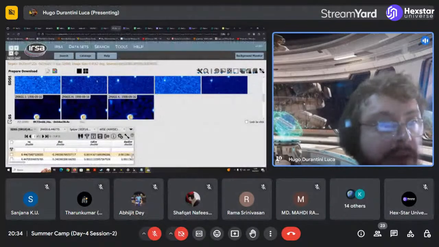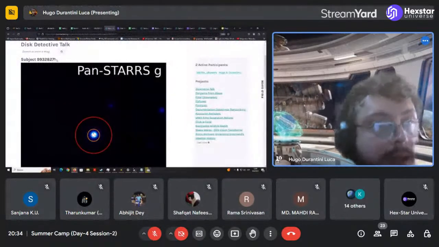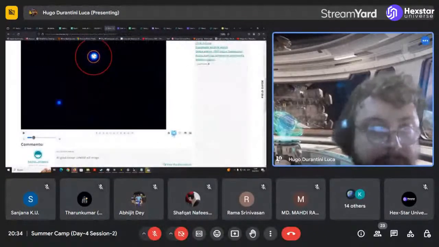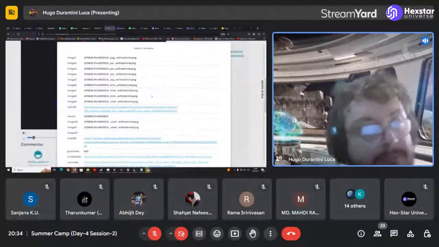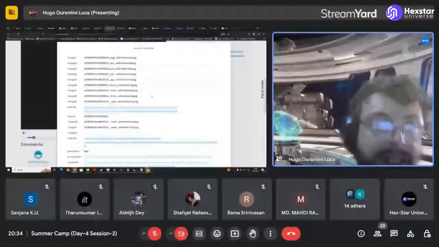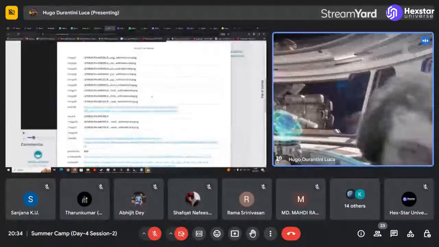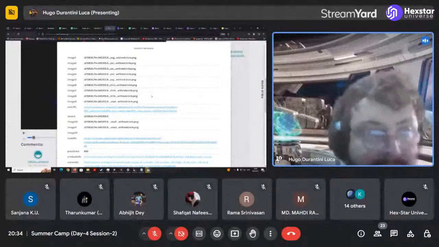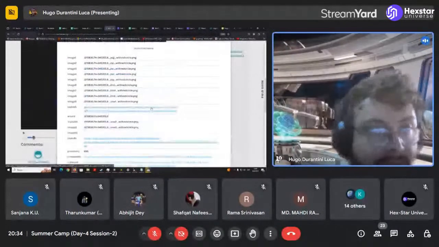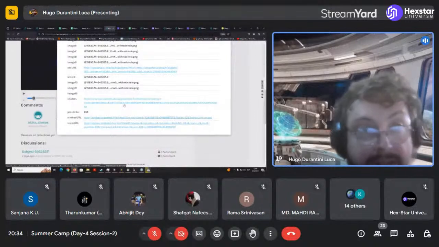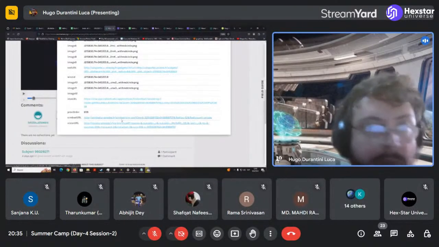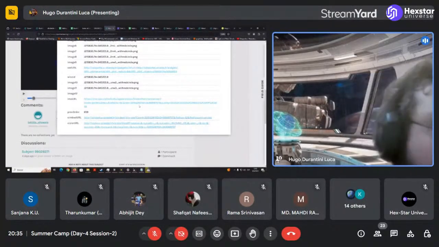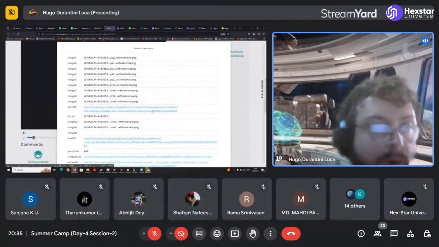For example, it's asking you for the subject number. Let's close this. Here is the subject number. It asks you about other parameters that are part of the data. This is called the metadata. I will not say every project takes advantage of this, but a lot of the projects do. There is a lot of additional information on every subject just waiting for you if you click that information icon. In the case of this Detective, we use this to have additional links, like the one I was showing you before, and a trove of information that can be overwhelming at first, but you are going to deal with this at your own pace, so don't worry about it.